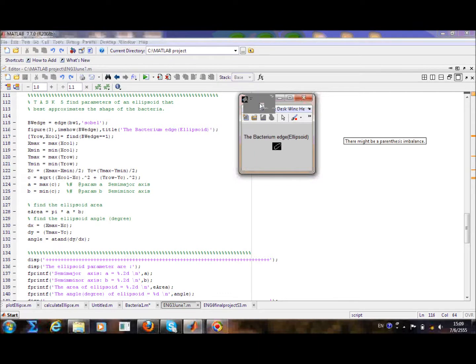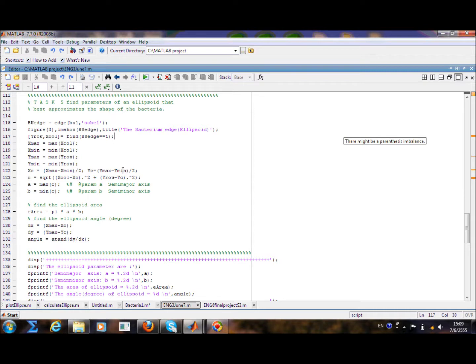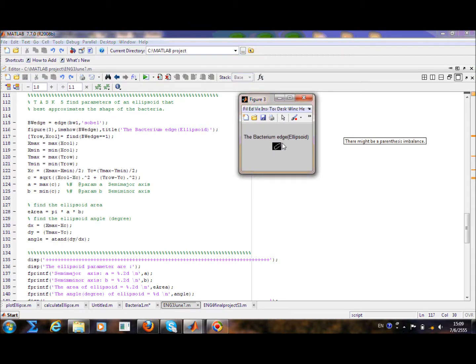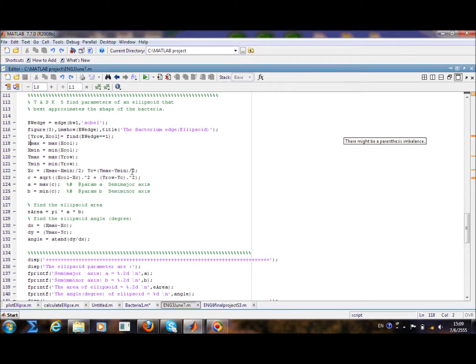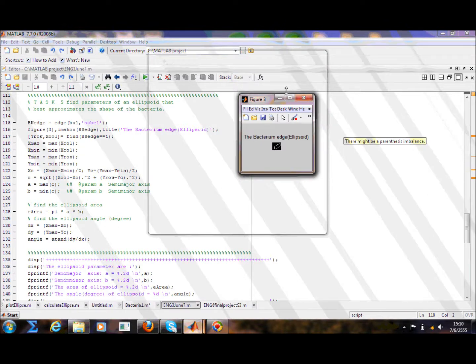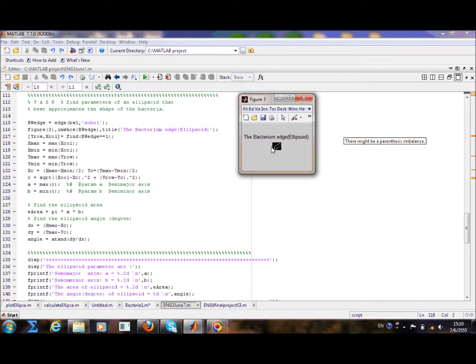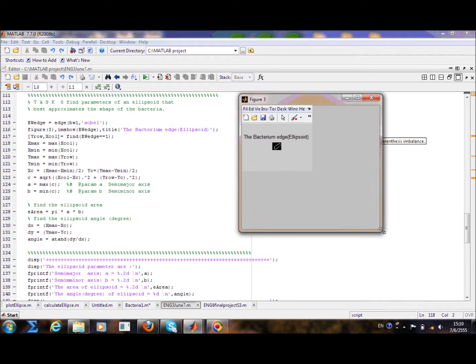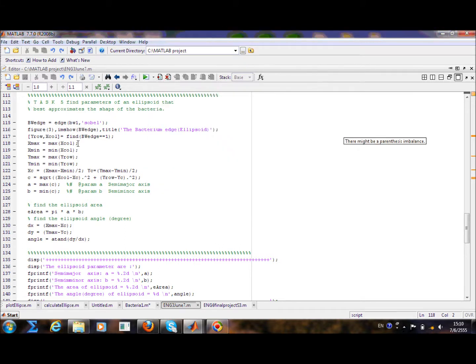And after that, I use the boundary of this bacteria edge in a matrix or array in order to find the parameters of this bacteria. I'm trying to find the maximum value of x and the maximum value of y in order to find the parameters. First, here I set x max equal to the max column, because in the image